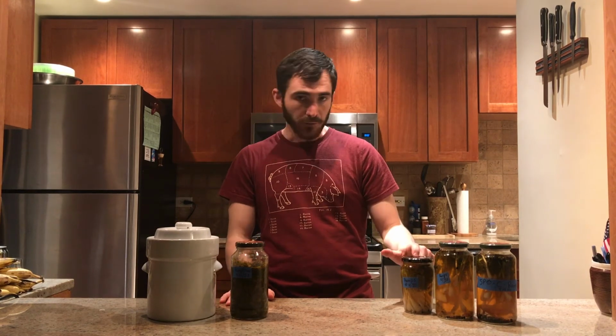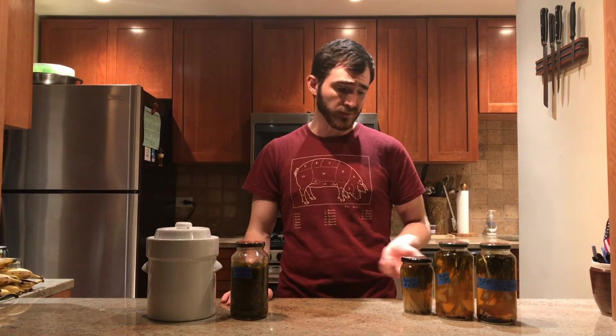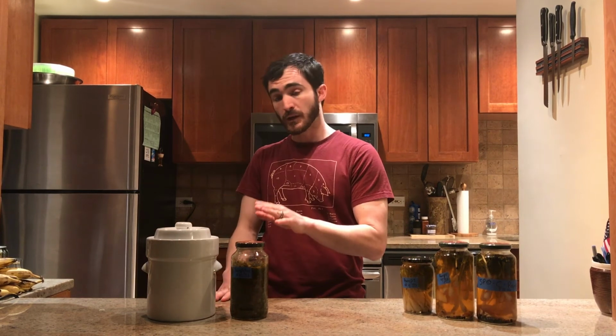These are not technically reusable jars. These are jars from tomato sauce and cornichons, but I like to reuse things. I don't like to throw them away if I don't have to. That being said, they still work great for refrigerator pickles. They have not burped. They still have suction in them, which is gonna keep them perfect in the fridge for at least 6 months. And then as for the rampchee, the fermented stuff, be careful when you do this stuff